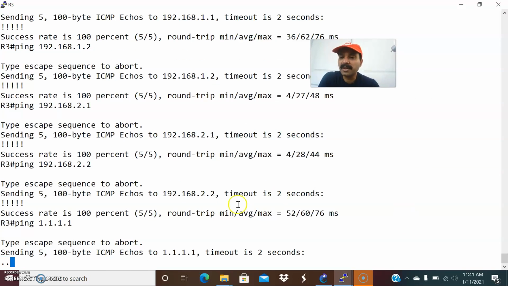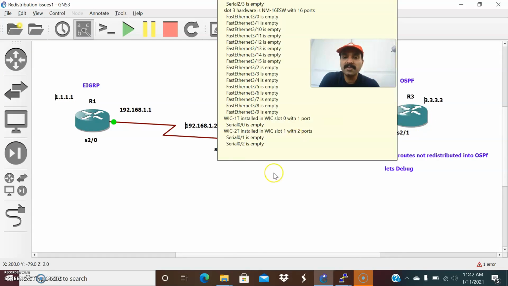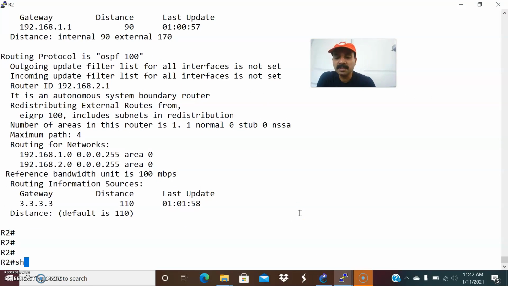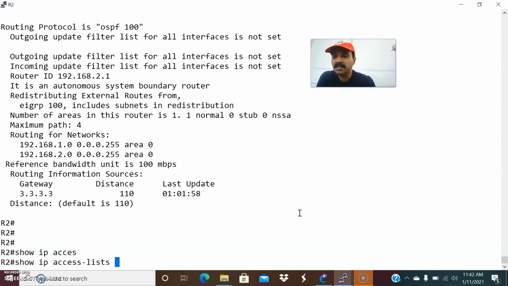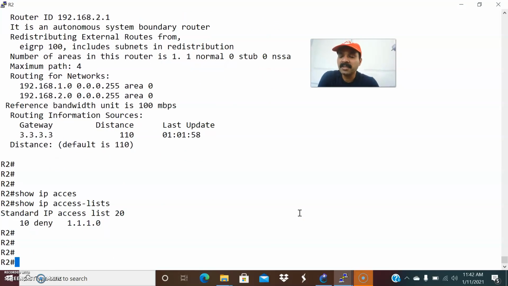I am seeing the request timed out, right? That means this route is not redistributed into the OSPF routing table. An access list might be blocking these routes from redistributing into OSPF. So let us go to R2 and check the access list. Show IP access list. There is an access list that is denying the interface, right? So now we need to fix the access list issue.